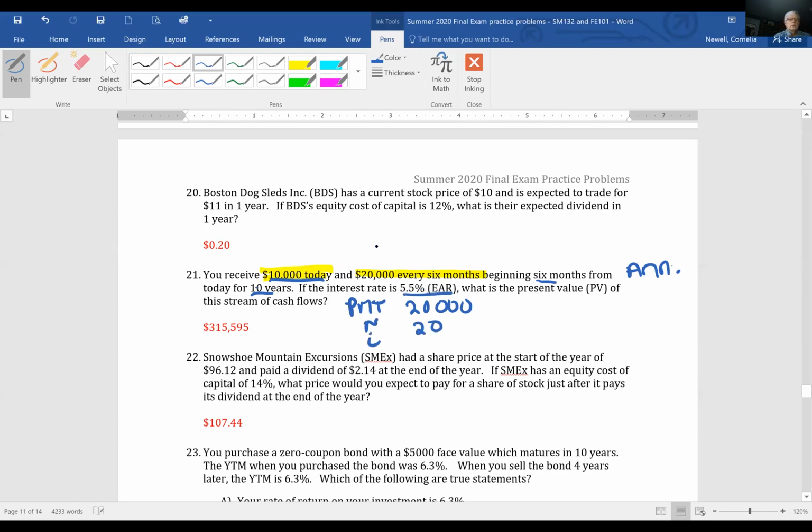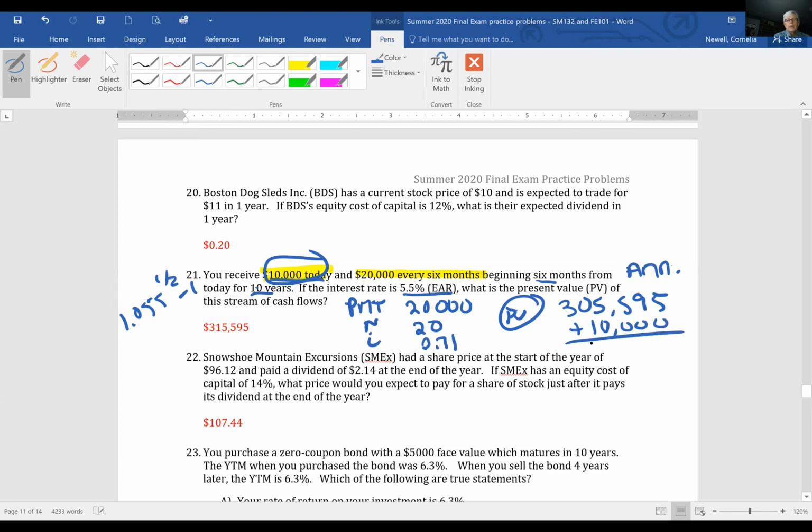I is 1.055 to the 1/2 power minus 1, which is 2.71. So when we solve for the present value of this annuity, we're going to get 305,595. Then we add our 10,000, and you get